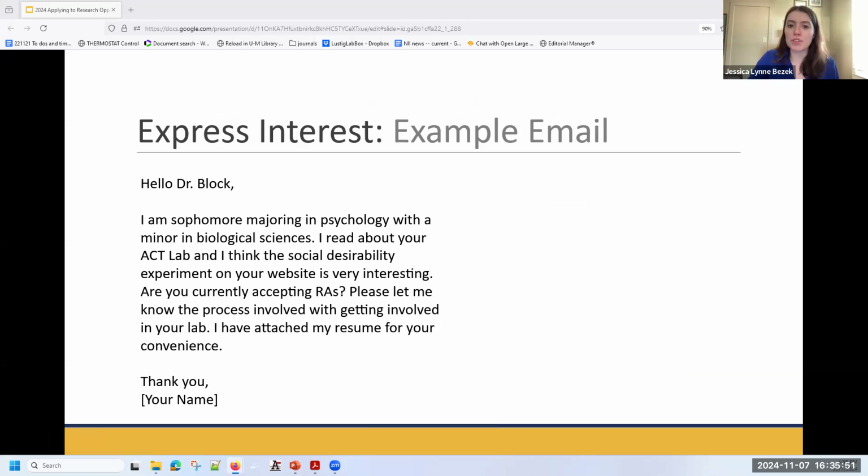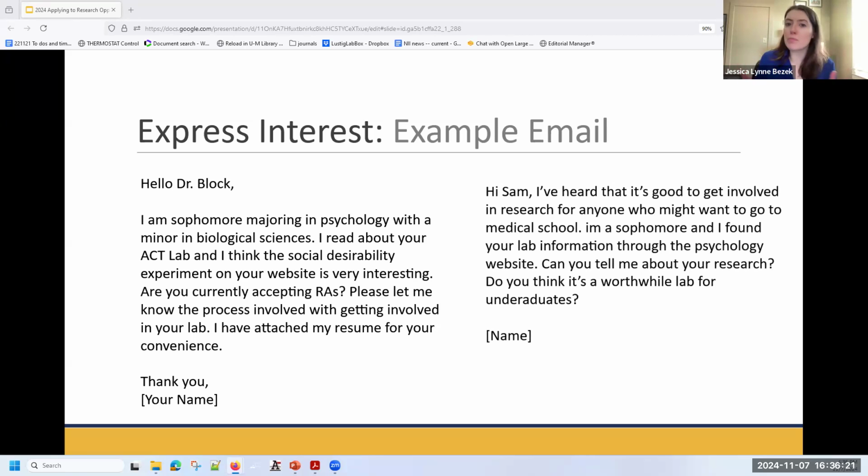So let's look at some sample emails. This first one is going to be an example of a strong email. So it says, "Hello, Dr. Block. I am a sophomore majoring in psychology with a minor in biological sciences. I read about your ACT lab, and I think the social desirability experiment on your website is very interesting. Are you currently accepting RAs? Please let me know the process involved with getting involved in your lab. I have attached my resume for your convenience. Thank you, your name." So this really hits on every point of the previous slide that I just highlighted, clearly